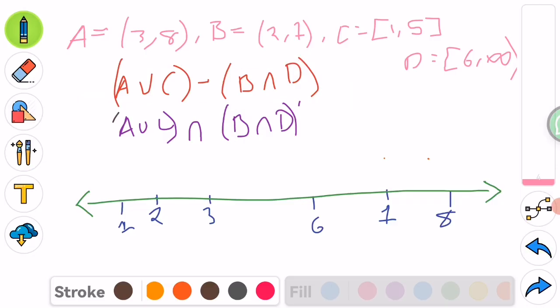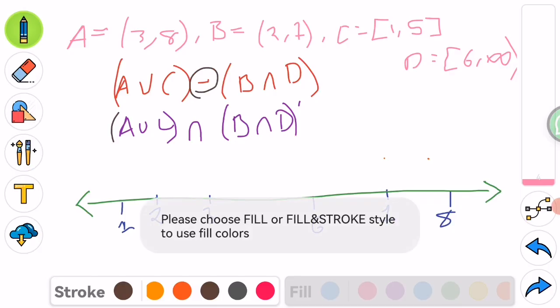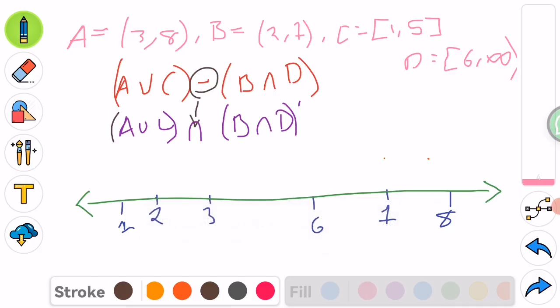So first of all, we started by converting this negative sign into an intersection sign, where you just change it to intersection there, and then add a complement to whatever is on your left side. Whatever is on this side, you add the complement. So you've done that first step, and then the next step is for you to write up your number line,